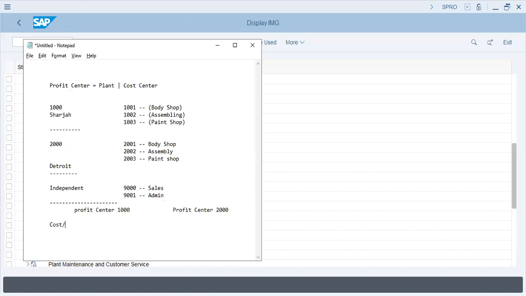We have cost, and or you can say it a revenue element. Now, what is a cost and revenue element? It's nothing but a GL from the